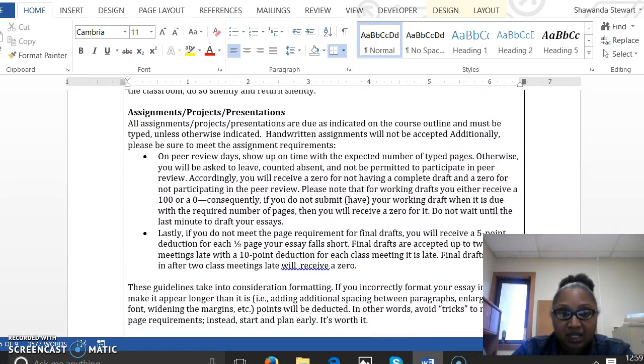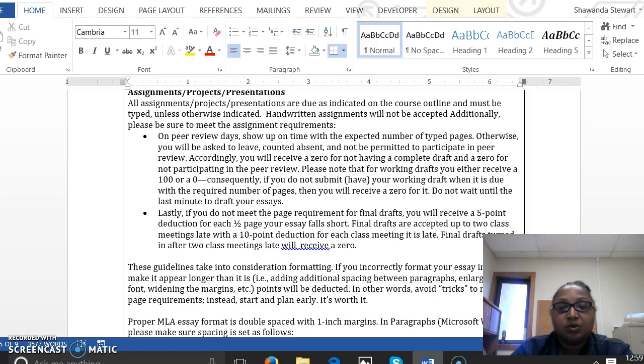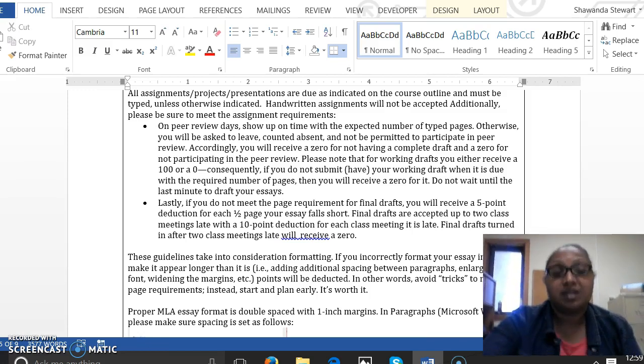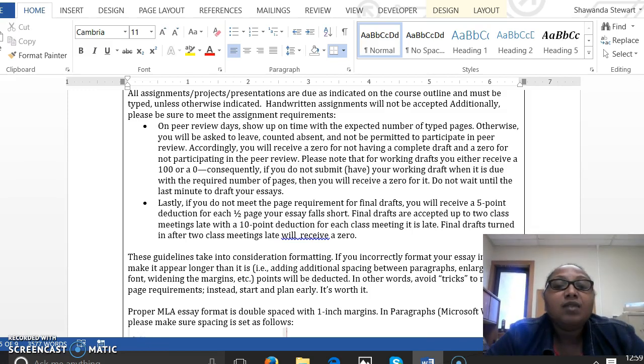Assignments, projects, and presentations. Now this I do want to read because it's really important that we just go over a little bit. And everything in the syllabus that I'm mentioning today, we will probably review again next week. But I just want to, as I said, highlight a few major points and have you read the entire syllabus on your own. So all assignments, projects, presentations are due as indicated on the course outline and must be typed unless otherwise indicated.